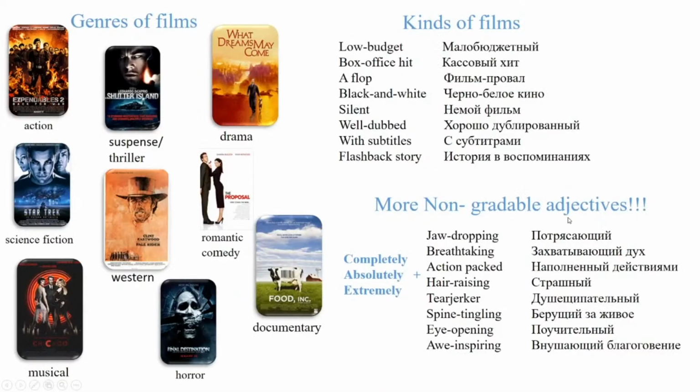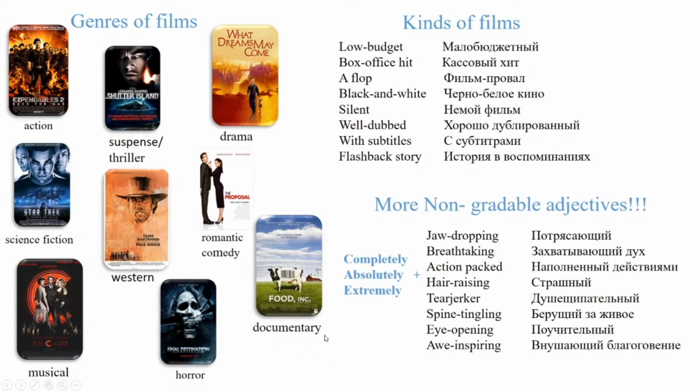I think that it's time to remember what genres of films there could be. So here are presented some of the famous films. I decided to choose films here, not books, because you know that they're brighter, maybe more exciting to watch with their labels or pictures. Okay, more recognizable. So you see that there are action or thriller, drama, science fiction, western, romantic comedy, or just comedy. The Proposal, one of my favorite films actually.